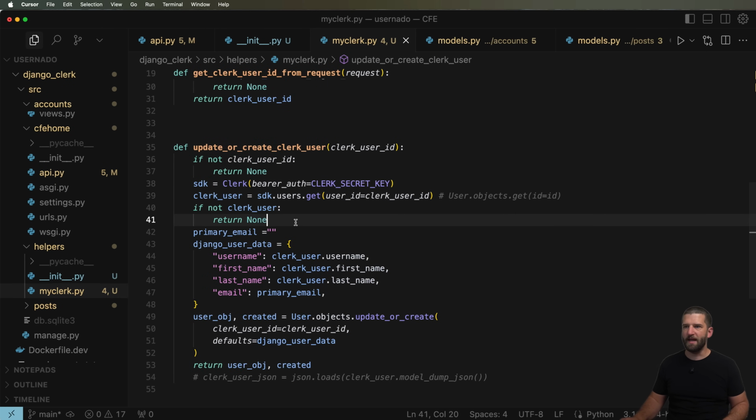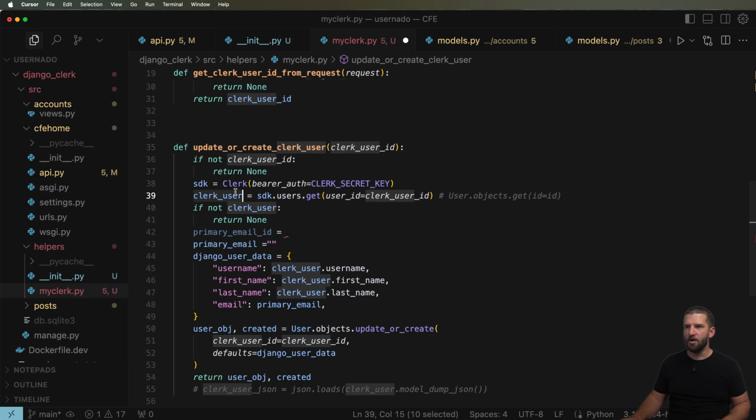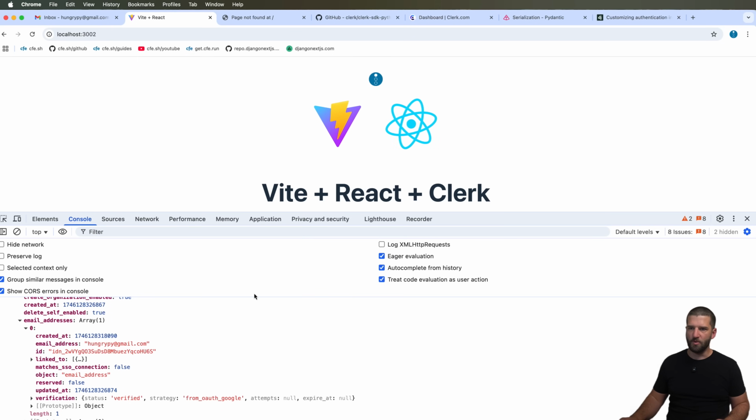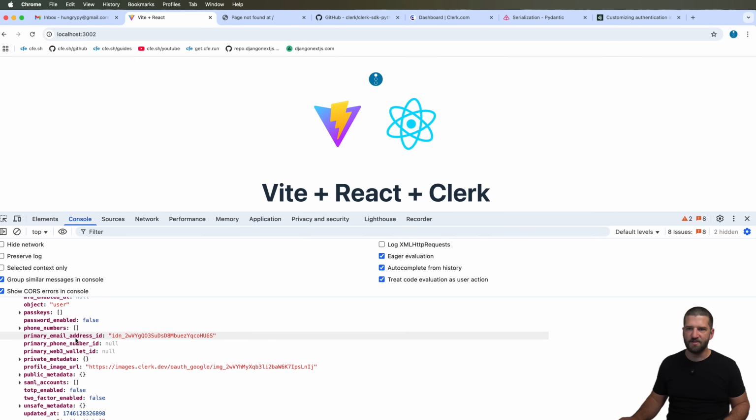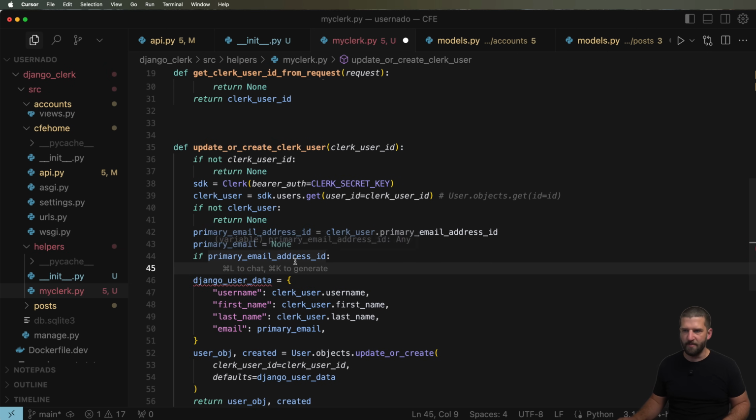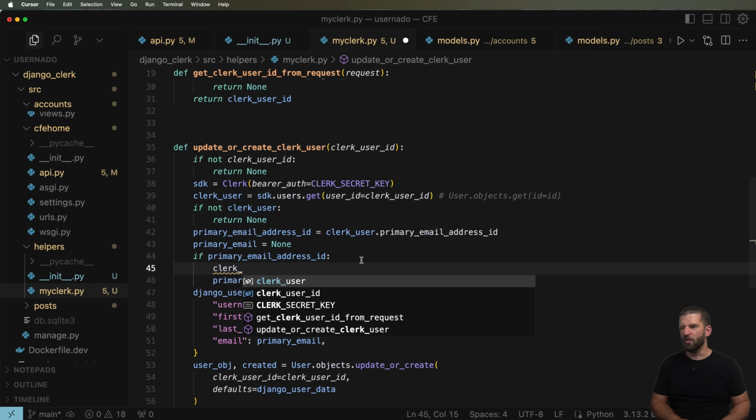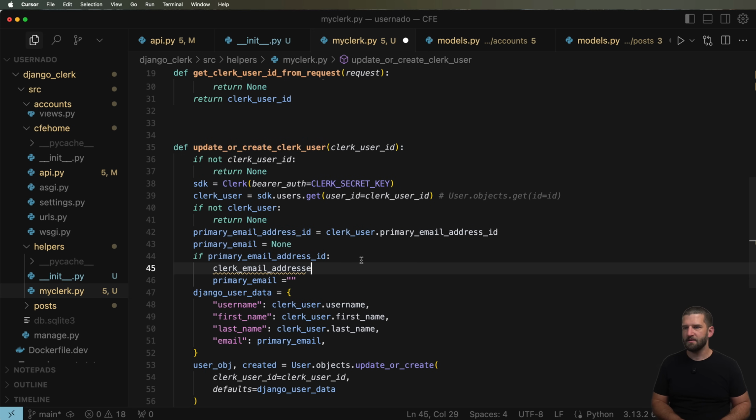I'm going to go ahead and grab, first off, the primary email ID, and this is going to be our clerk user dot. And once again, we look in here, we can see that it is the primary email address ID, which I'll go ahead and name the same thing. So there we go. So that should give us that value. And basically what I'll say here is I'm going to start off with the default being none. And then we'll just say if there is a primary email address ID, then we're going to go ahead and grab those email addresses. So the email addresses then are going to be, we'll go ahead and just call them our clerk email addresses. And this is going to be equal to our clerk user dot, well, let's go back